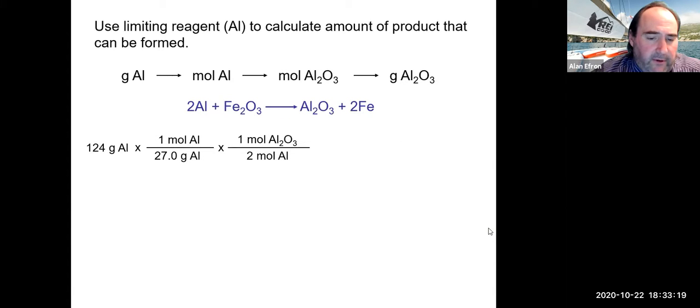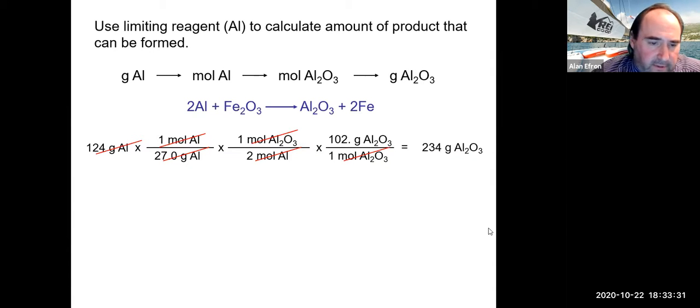So they start with our limiting reagent, doing our limiting reagent to our product and figuring out how much product we would have made. And you can see here, you get the exact same answer that we got, 234 grams of aluminum oxide. So this is, again, another very common way where you take both reactants and you do a little calculation to figure out